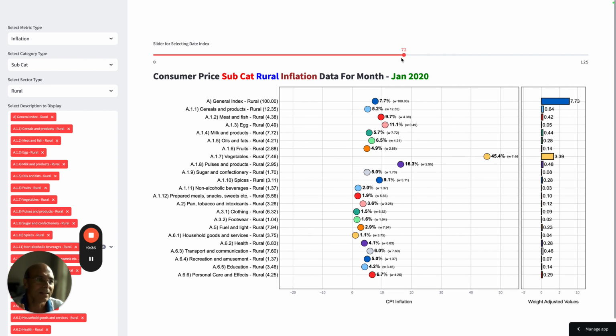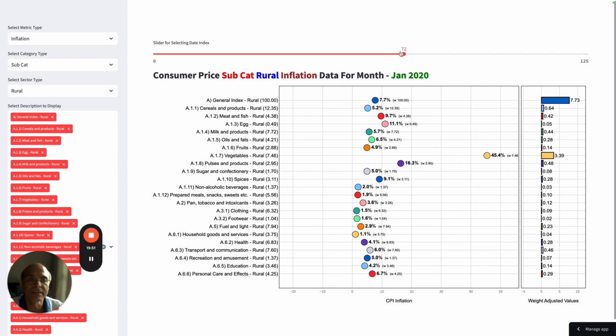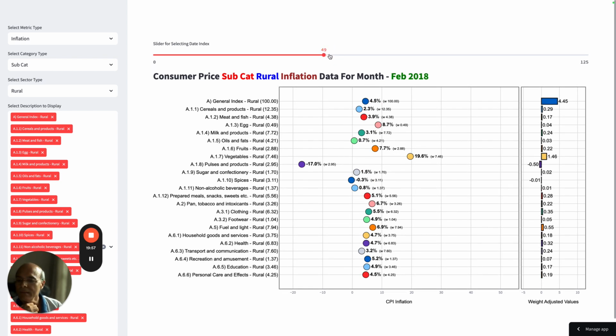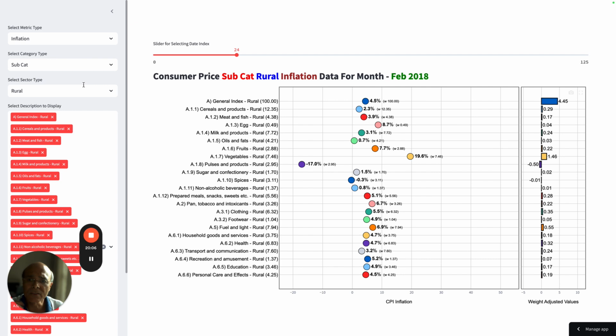Look at this, and other dimensions also. So it was there in January 2020 also. This is how you have to look into this whole aspect. So in January it was 45.4%, 3.39%, 7.73. Cyclically, in every time frame there is a different impact of a different item on inflation. We can learn from this, because looking at static data does not give us any insight. We can learn from this how these overall things have changed.